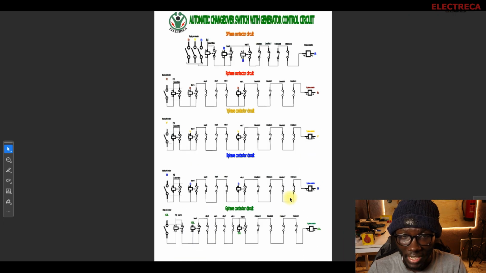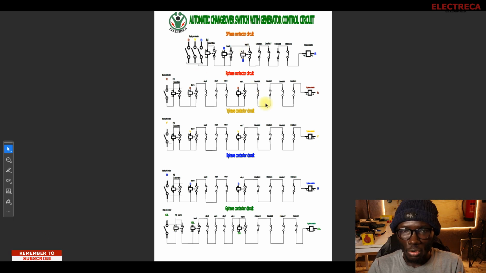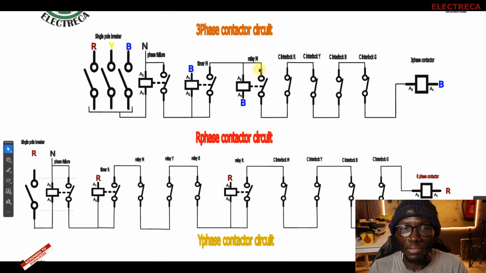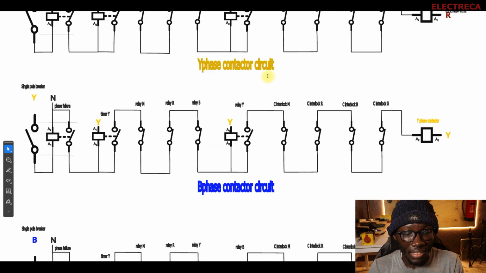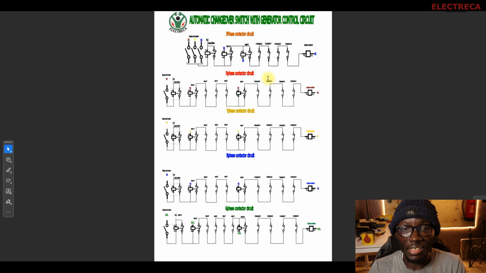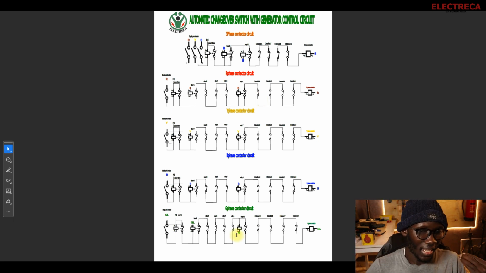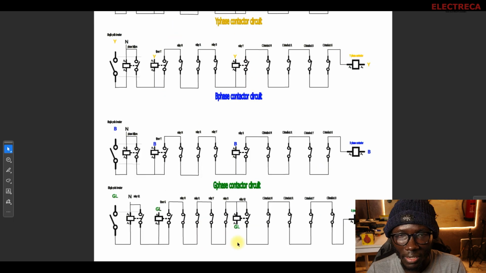So because there are 5 contactors, if you look at this circuit here, you'll find that I have drawn 5 individual circuits, to make it easier for newbies to understand. Okay, so the first circuit here is for the 3-phase contactor. Then the second 3 circuits, those are for the individual phases, and then the last one is for the generator. So let us go through so that we can understand some stuff here. Okay,